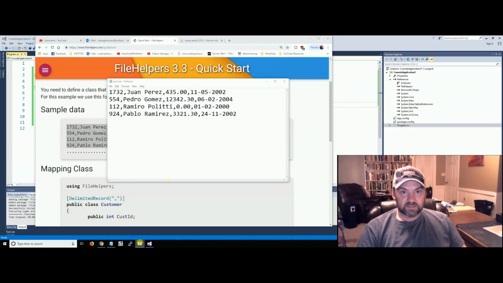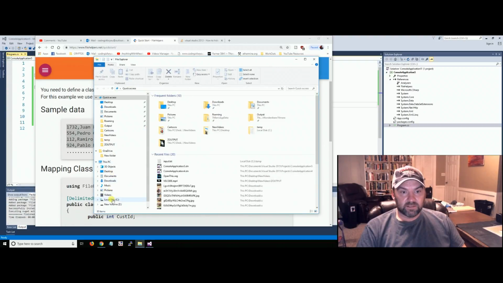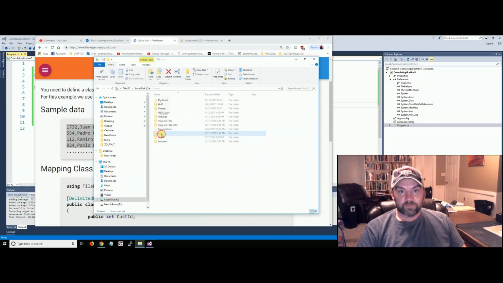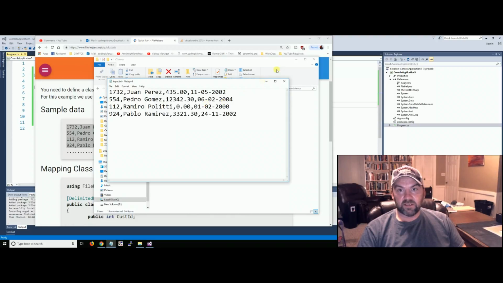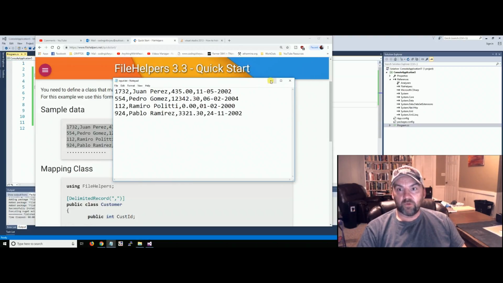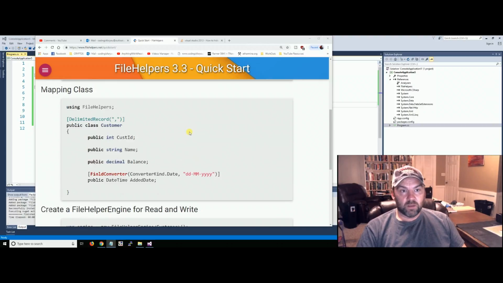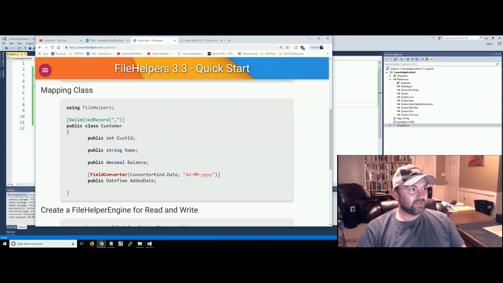Now under our C temp, let's make sure it's there. C temp input. There's our data. Alright, so that's like our data that we want to model. Okay? So that's there, good enough. Now we're going to create a class, just like we did in the last video, that describes our customer. Remember I said this is like a model. Our data